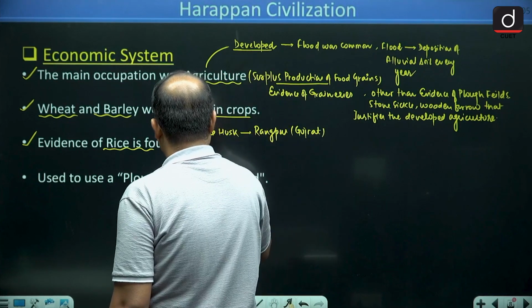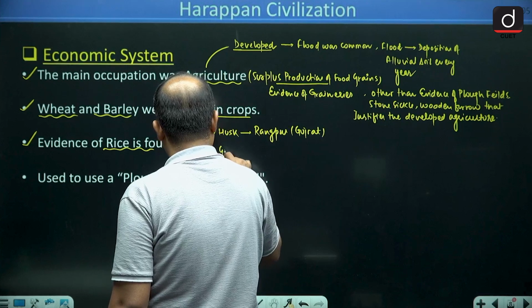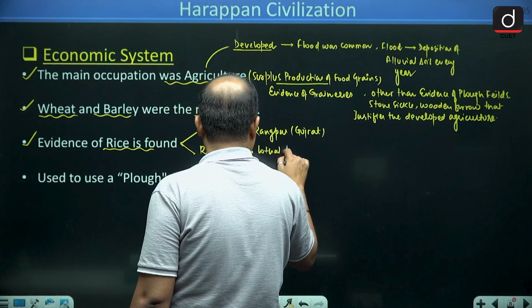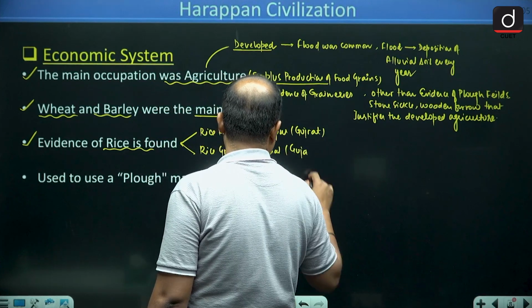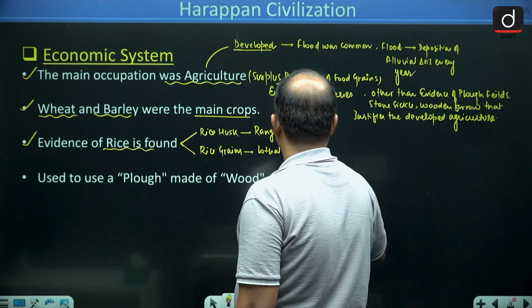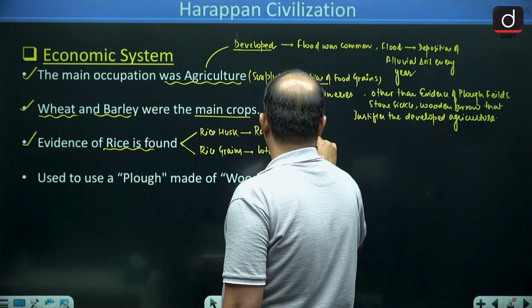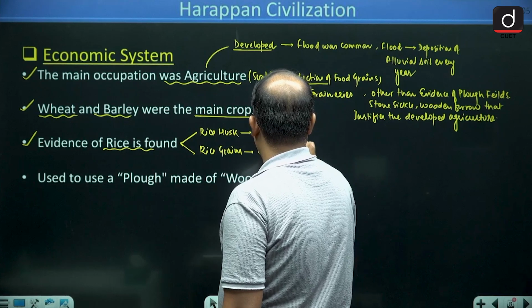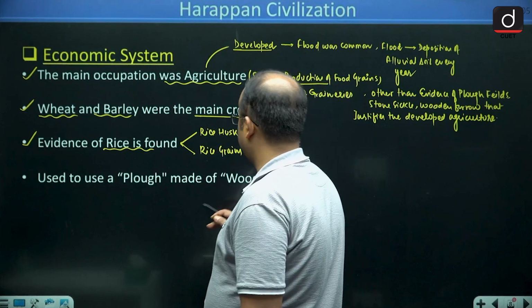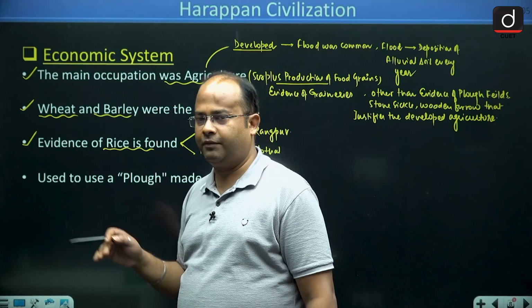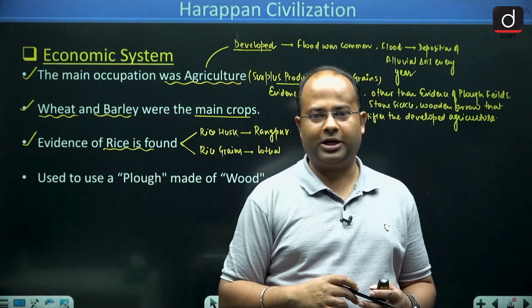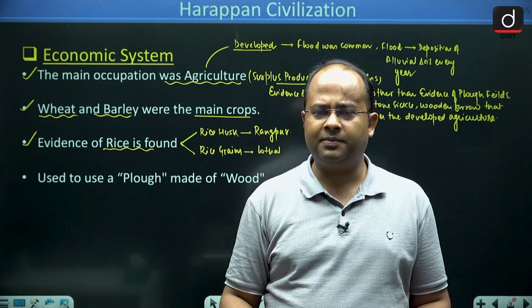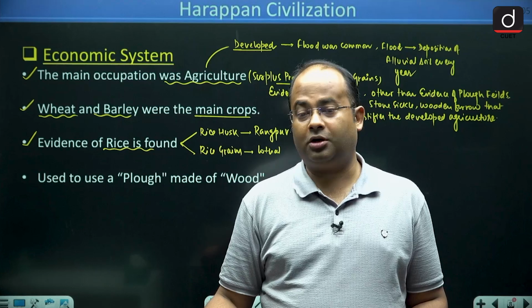And then rice grains, that you will find from Lothal, that you will find from Gujarat. So rice husk and rice grain you will find from Rangpur and Lothal, both located in Gujarat. So through this we can conclude that rice was being grown, but it was not a staple crop at